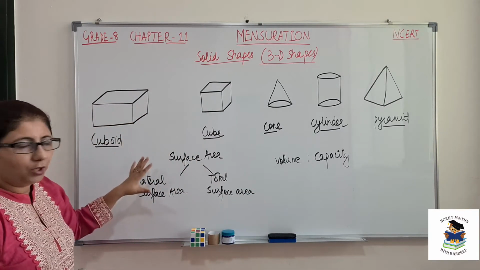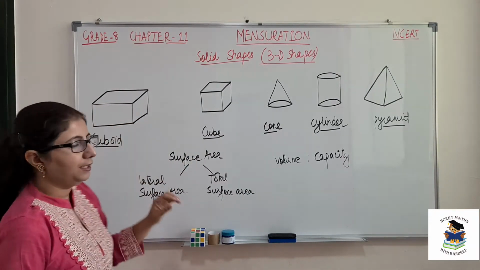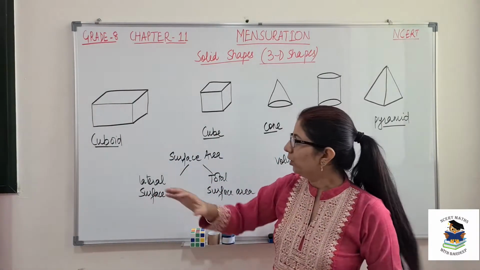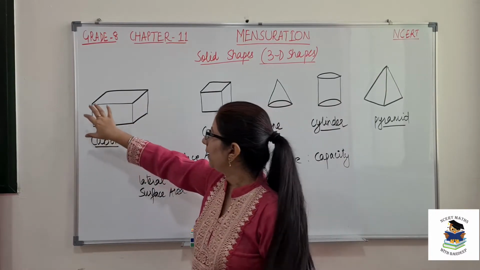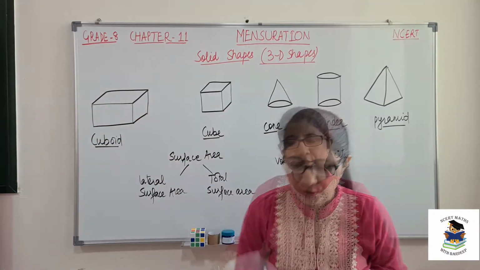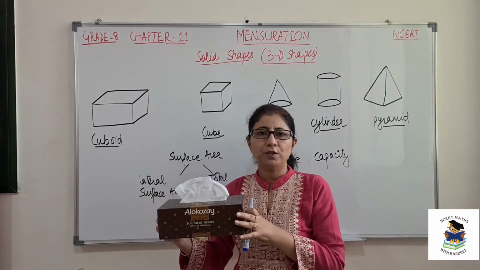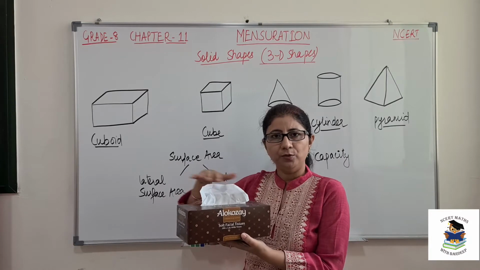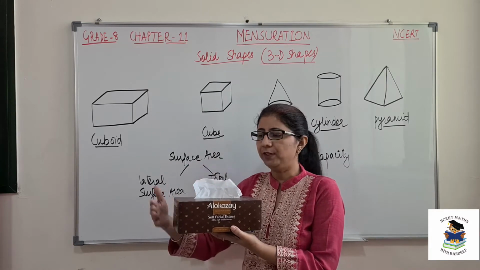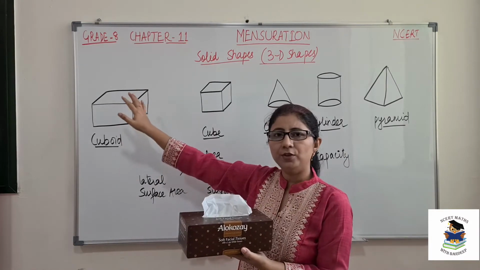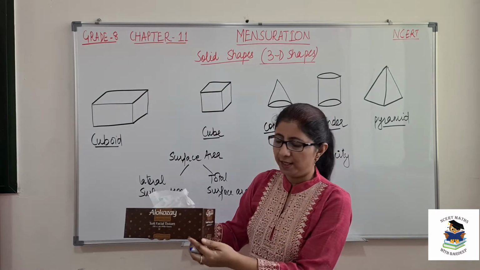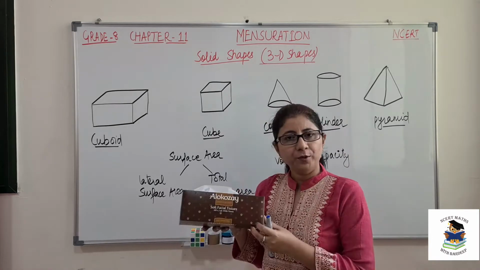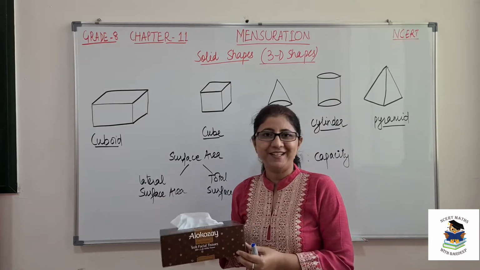This is cuboid. Cuboid is like you have already done in your previous grade. What is cuboid? This is a 3D shape made of rectangular shapes. Suppose this tissue box is of cuboid shape. So we can see that in a cuboid we have 6 different faces. So this is a 3D shape in which we have this as length, this as width and this as height. So cuboid is made up of rectangles.